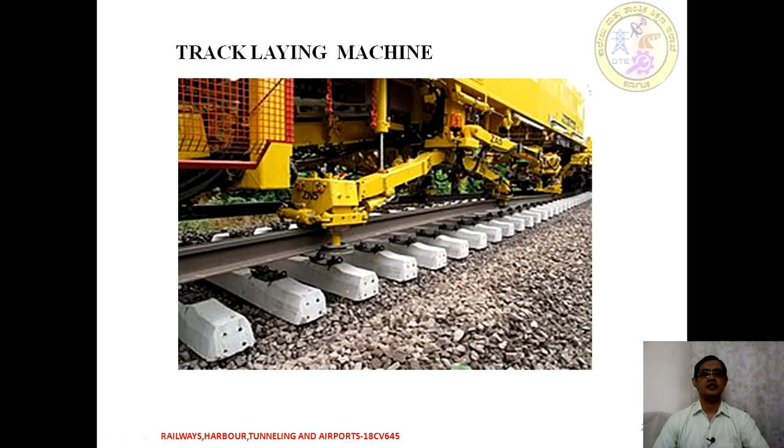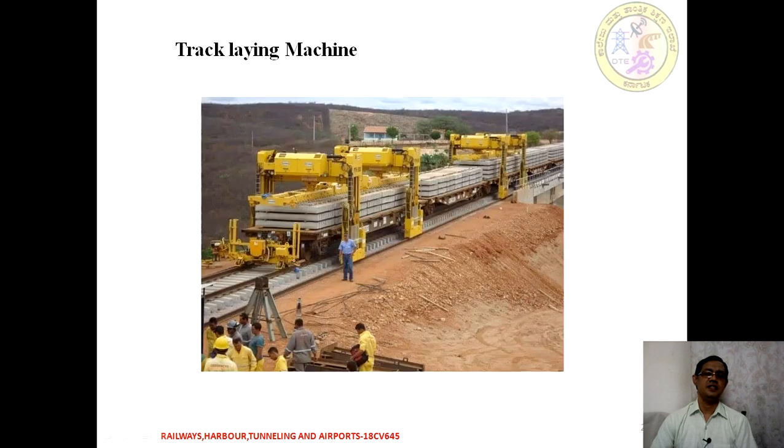So the next image is the track laying machine. Try to see that. When the sleepers are already fixed, the rails are brought in place and continuously welded, depending upon the jointing. These machines pass over the laid sleepers, then this assembly fixes the rails onto the sleepers with proper positioning and proper compaction. After that, if we need welding, it can be done continuously.